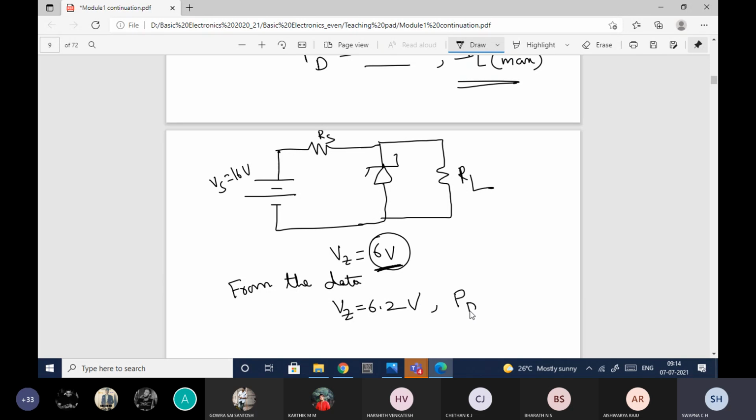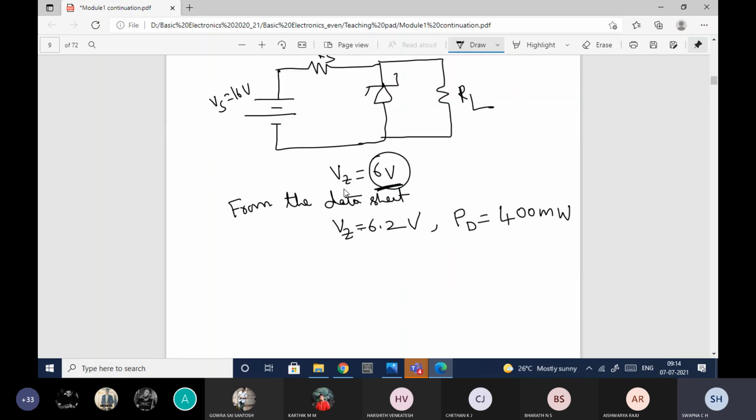He is saying that the power dissipation should be very less. So with the less power dissipation, my Zener breakdown voltage, this is from the data sheet. Whatever I'm writing is from the data sheet. In the exam, if they are giving such problems, they'll provide you the data sheet, or they will provide the details saying that from the data sheet. So PD is equal to 400 milliwatts.